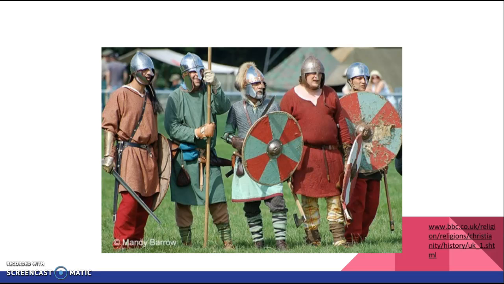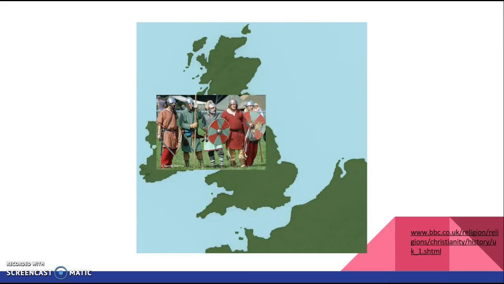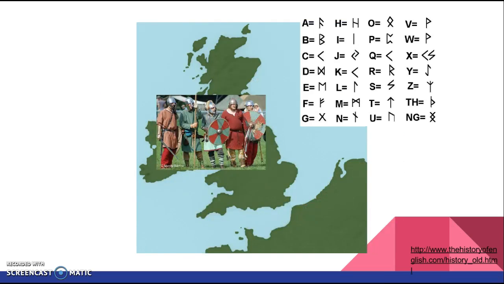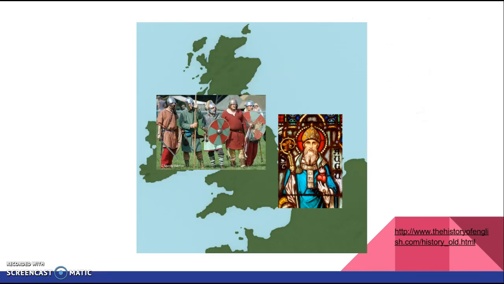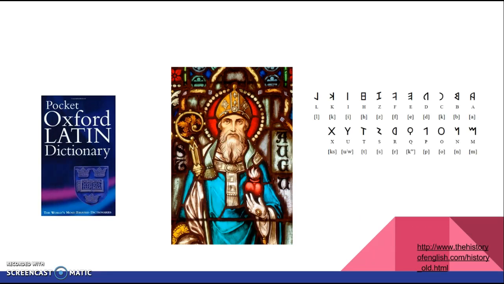Before the late 6th century AD, Anglo-Saxons were pagans. They lived in Britain, spoke Old English, and wrote using a runic alphabet with angular characters. In 597 AD, St. Augustine and his 40 missionaries brought Christianity to the Anglo-Saxons from Rome. With Christianity came a Latin vocabulary and a Roman alphabet. Many Latin words were added to the Old English vocabulary. These words mostly had to do with the church, but words with domestic meanings were also brought over.